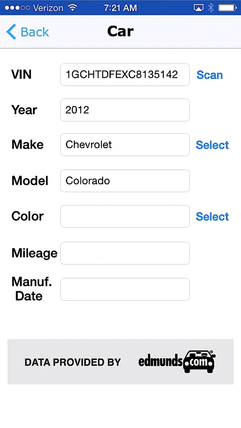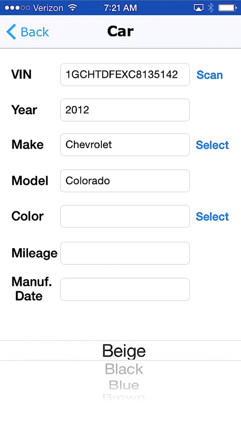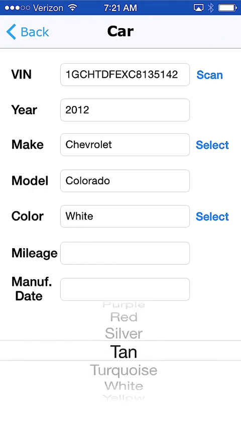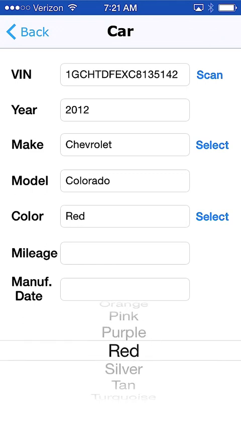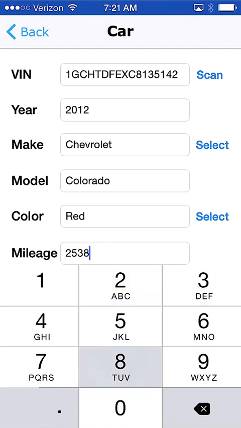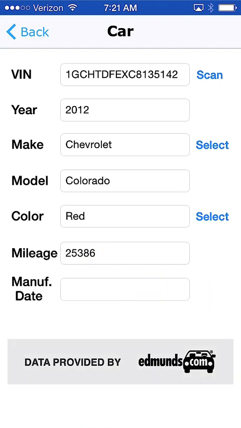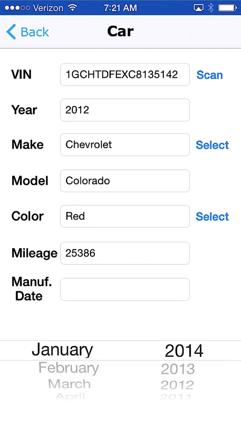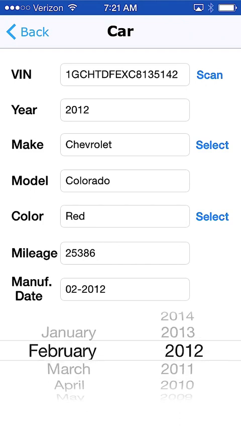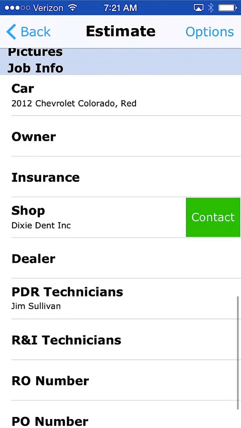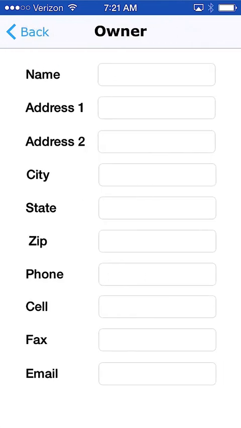It'll populate your car, your make, your model. You can add your color. This particular vehicle is a red one. You can put your miles in, and you can put the manufacturing date. A lot of insurance companies want that manufacturing date. So then you can come back, you can put your owner information in,